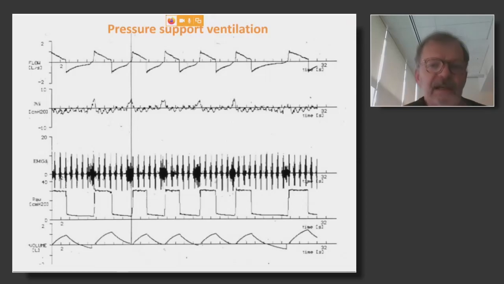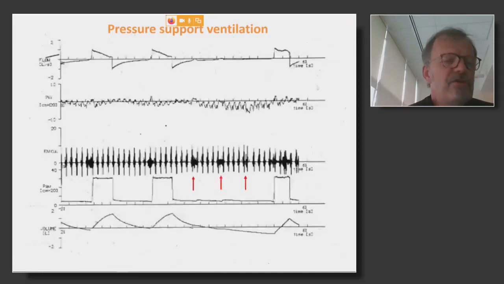And this patient is receiving too much ventilation. And inevitably, if the patient tries to go to sleep, this is what will happen. The patient will become apneic. When you're awake,